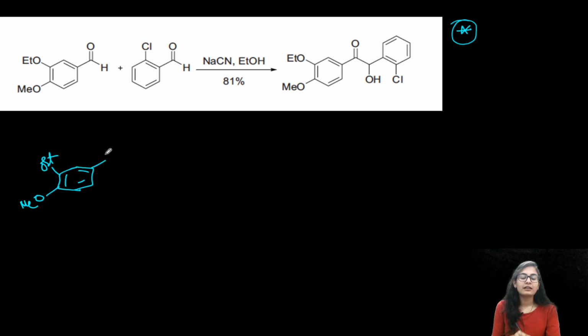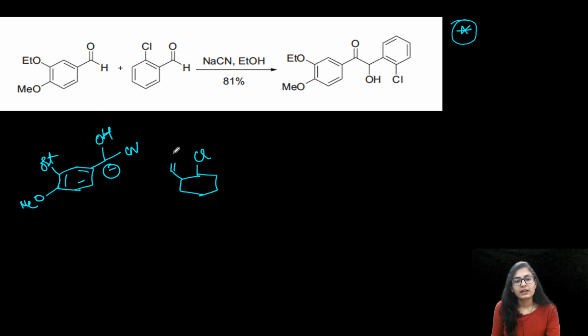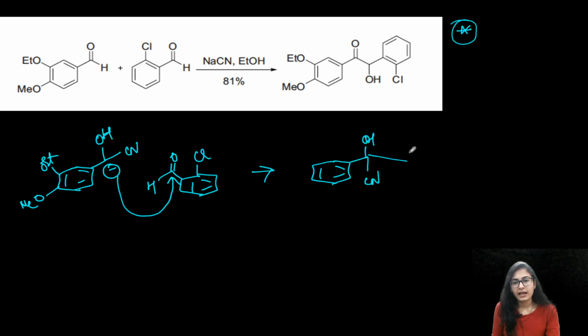I'm making it react with cyanide, so it's going to give the O minus, or let's say OH, directly forming the nucleophile. Then, dropwise, I'm going to add the second aldehyde. How is it going to make a difference? It is going to make a huge difference, guys, because it is a one-sided reaction now, and you are going to have this intermediate, first of all, cyanide, and a new bond being formed, OH. You can write, or let's say you write O minus, there is going to be proton transfer between these two.